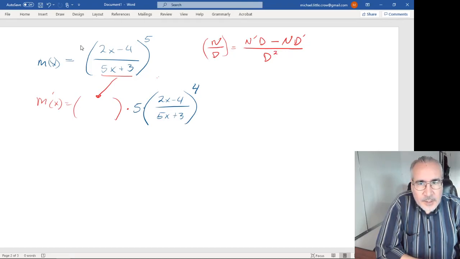And what's the numerator? 2x minus 4. So we come over here, we've got 2x minus 4 for N. N prime is going to be 2. D, the denominator, is 5x minus 3. So the derivative of the denominator is 5. Okay, and now we just put our pieces together. So it's going to be 2 times 5x minus 3